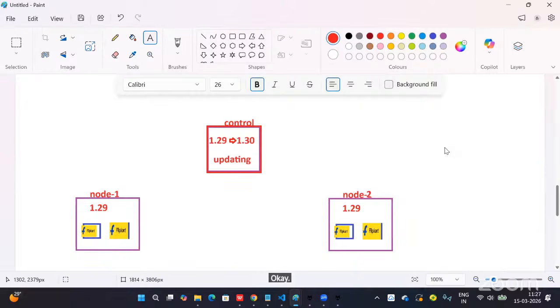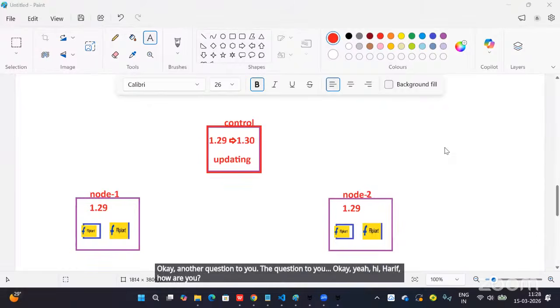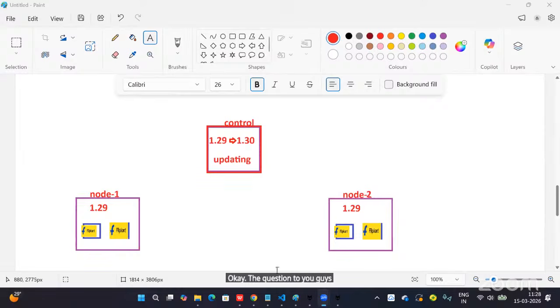Now the question to you guys. 1.29 to 1.30 is in updating mode, right?